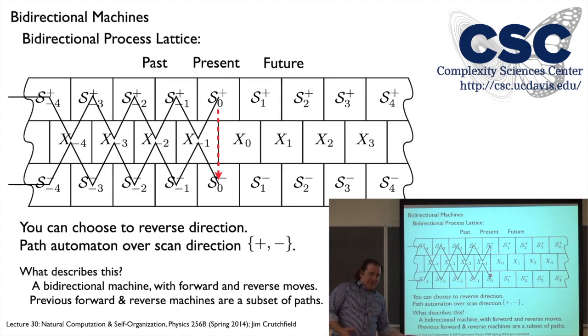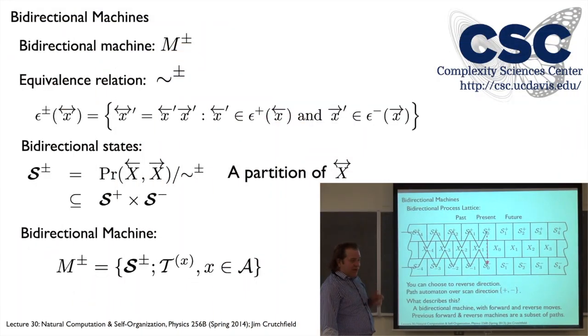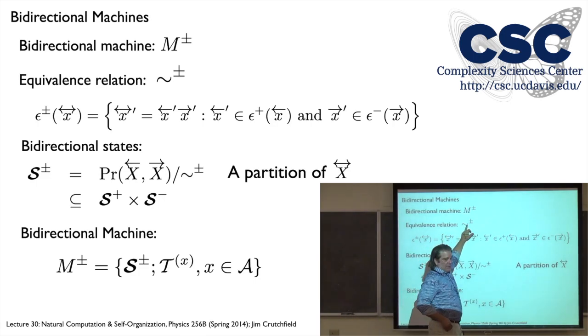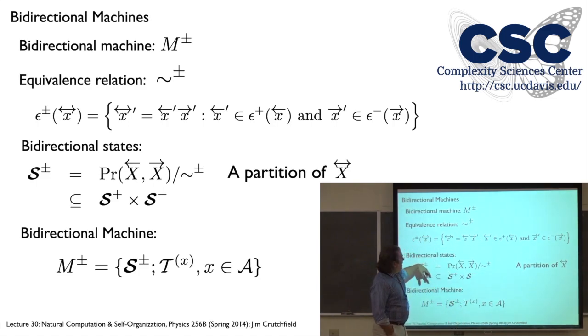The past machines, in contrast, were just always moving forward or always moving in reverse. Their path automaton was simple: all pluses or all minuses were being specified. Now you can say, well, what is this strange object? Well, we can give it a formal definition, very much like the original predictive equivalence relation. So this shouldn't be too surprising at this point. We're going to define this predictive equivalence relation, twiddle plus minus, so that it is the equivalence classes over bi-infinite strings, pasts and futures,